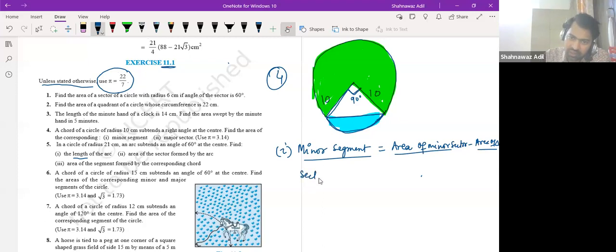So sector is theta by 360 into pi r square. So this is 90 by 360 into pi into 10 into 10. So this is